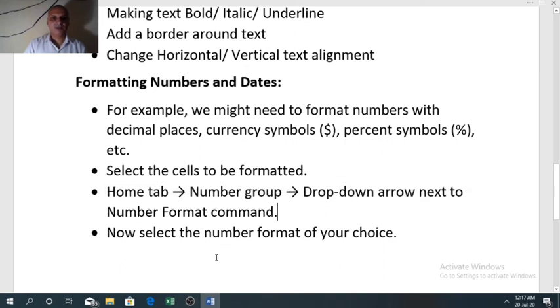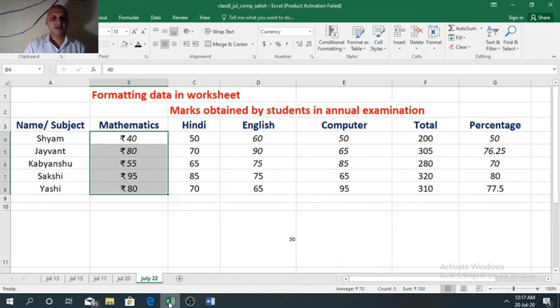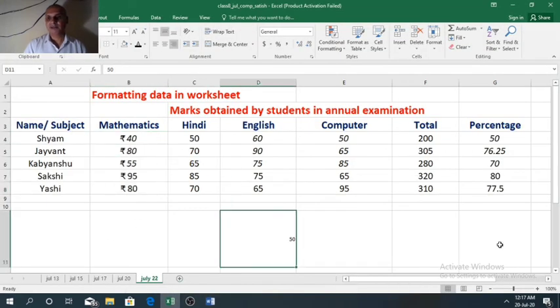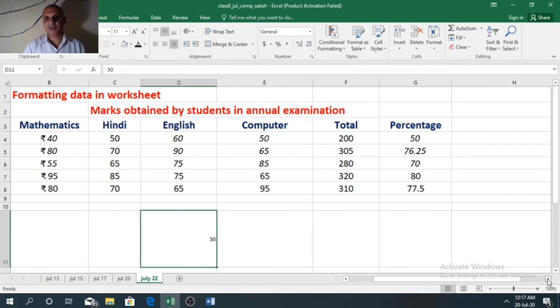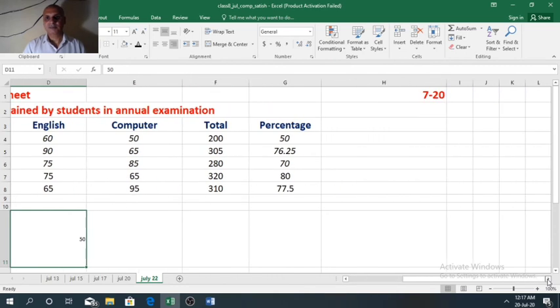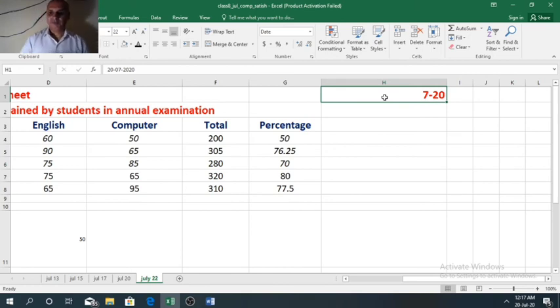Now date also we have to see how to change the date format. We have to enter the date first. I have already typed one date here. Let me type it again. Suppose today's date I am typing. Date slash month slash year.